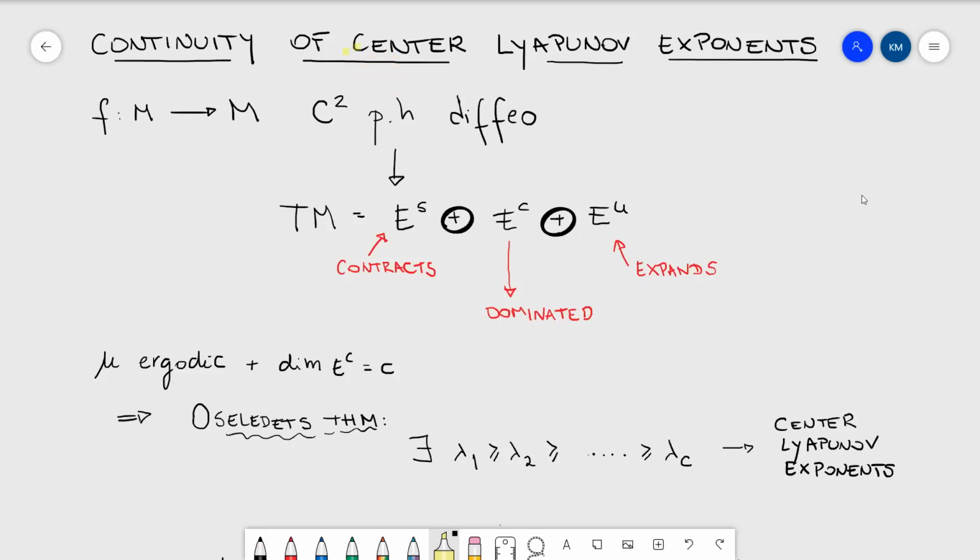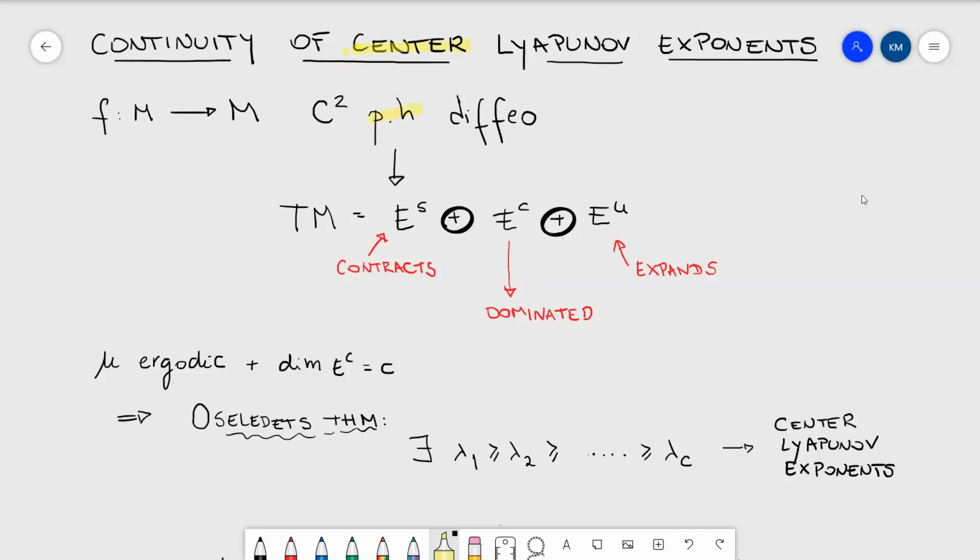And so this center is here because I'm going to deal with partially hyperbolic diffeomorphisms. So M is always going to be a compact connected manifold. I'm going to take C2. All the things that I'm going to talk about today are true for C^r with r greater than or equal to 2, but in order to simplify the notation, I'm going to fix C2. And I'm going to study partially hyperbolic diffeomorphisms.